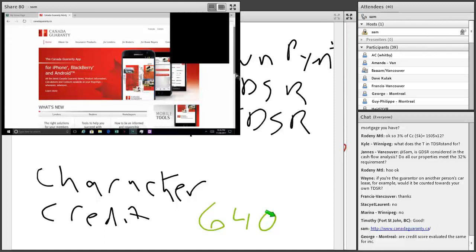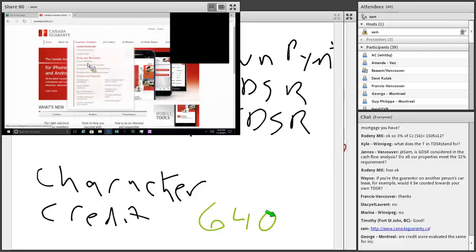So default insurance is basically a guarantee to the lender that if for any reason you're unable to pay your mortgage, due to whatever, there's insurance in place to cover the lender. These programs are not here to cover you, they're here to cover the lender. So you're paying for insurance for the lender, to protect the lender. If we go to insurance products, these are the different products that are available.